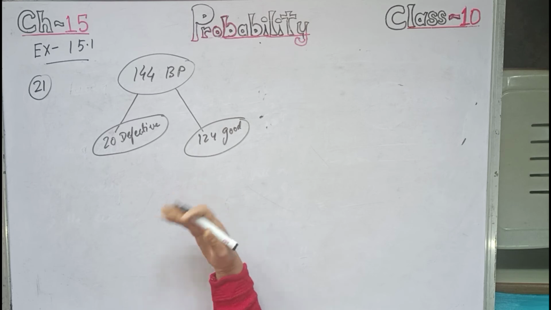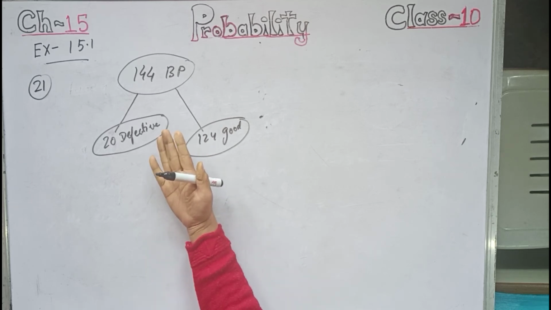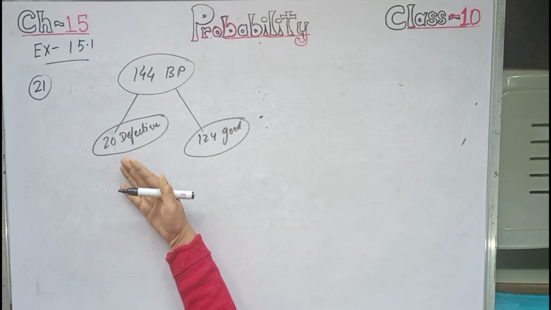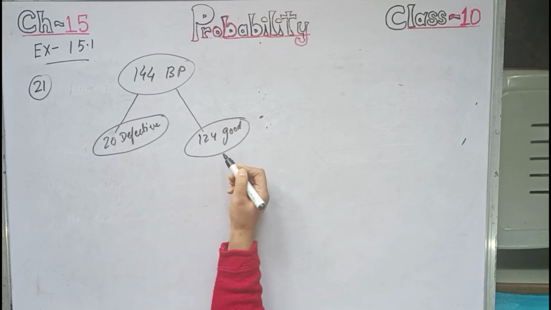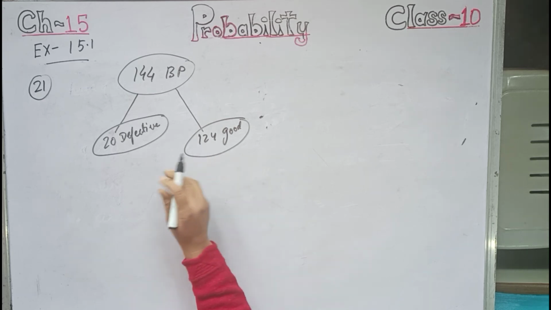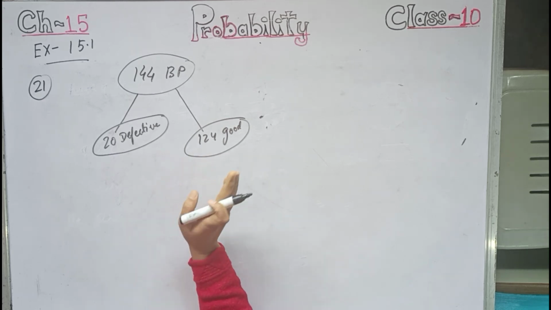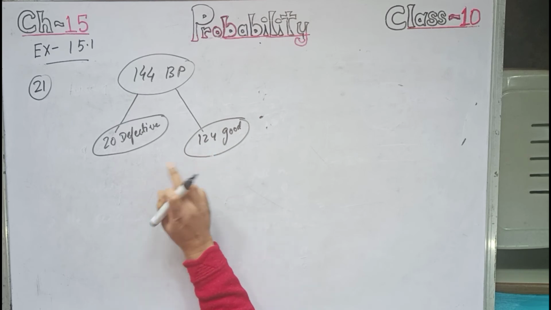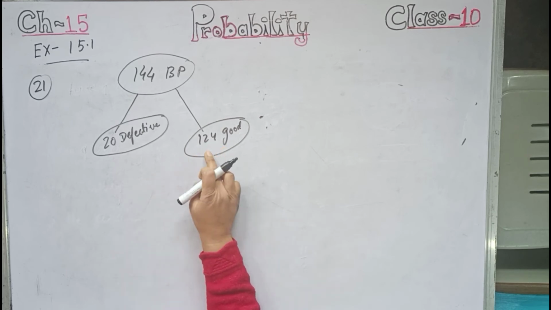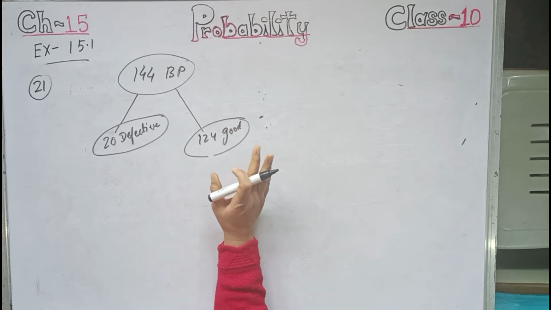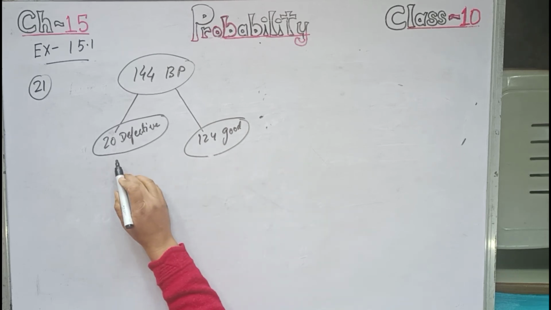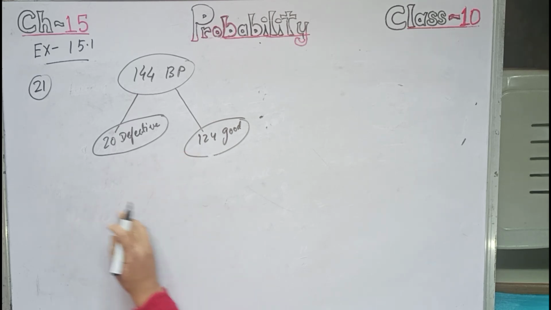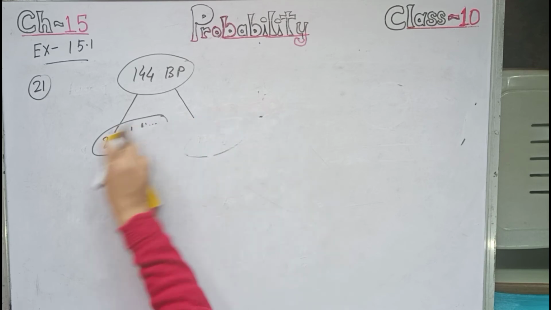Let NS is equals to 144, total number of ball pens. E1 is equals to event that she will buy it. So NE1 equals to 124, that is the good pens. 144 minus 20, that is 124 good pens. Therefore PE1 equals to NE1 by NS, that is 124 by 144. Whatever you get, that is the answer. She will not buy it is 20 by 144. Whatever you will get is the answer. So please do question number 21 on your own.